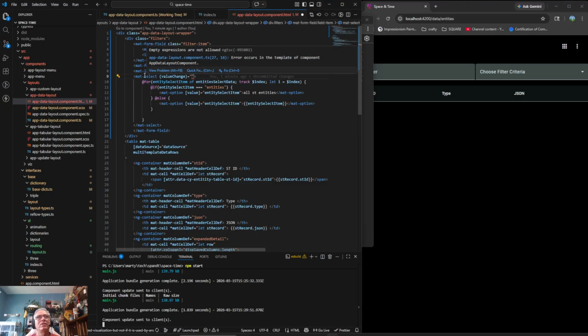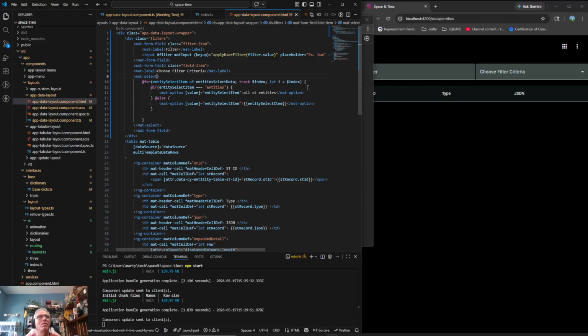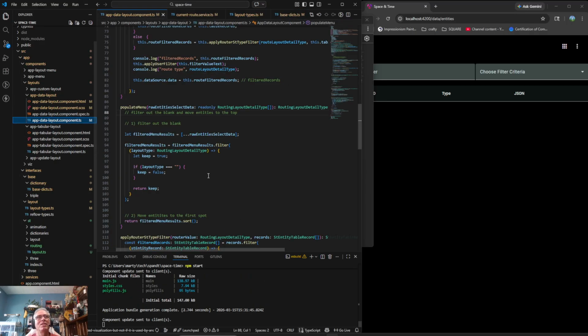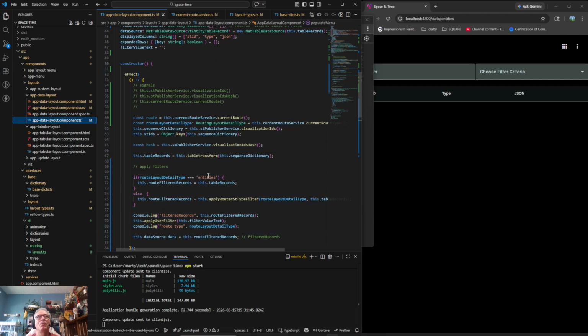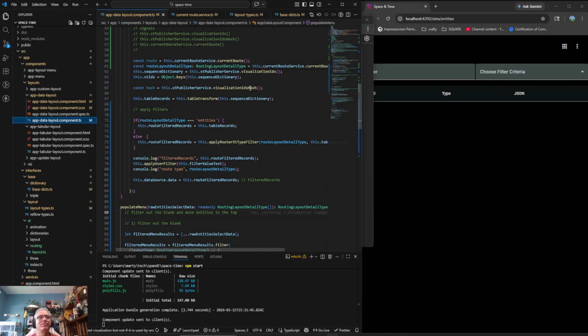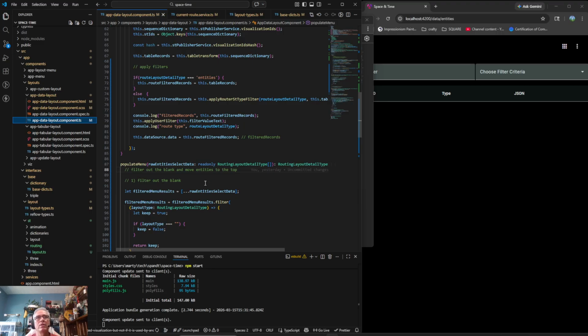Okay, so now I'm on a side adventure that is not going to help us get this project done, but it's something I'm curious about. And the question is, it literally just hit me that I can do this. Okay, so this populate menu happens on line 38. So populate menu should